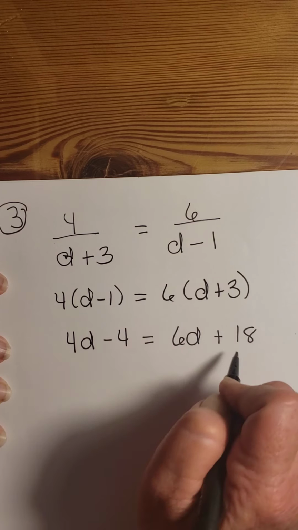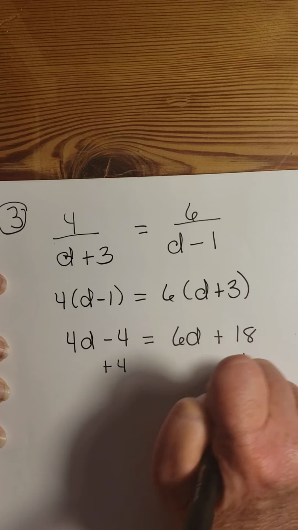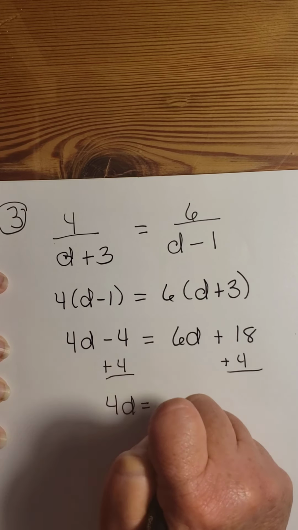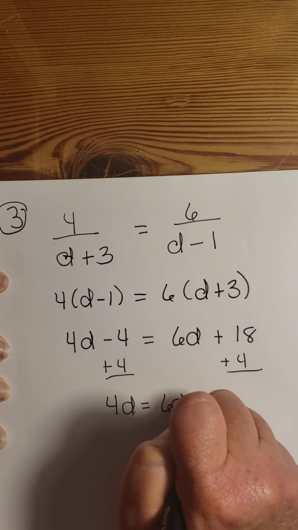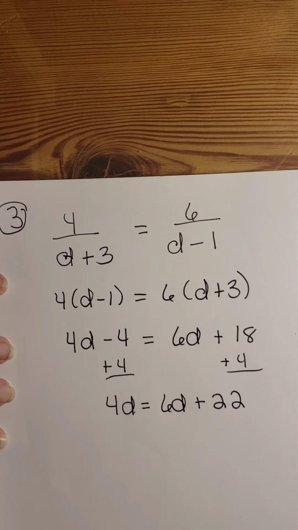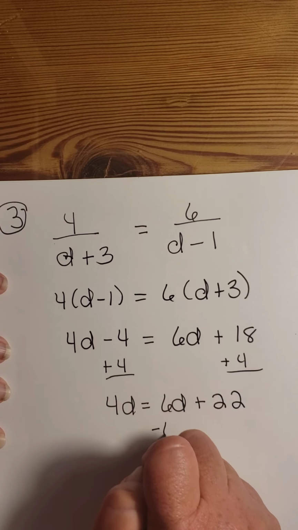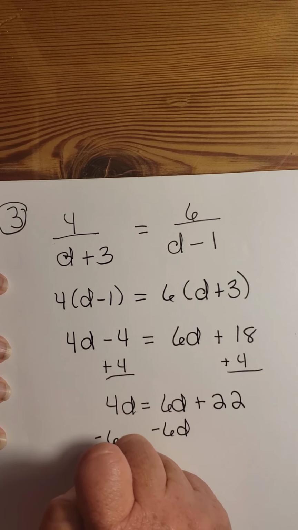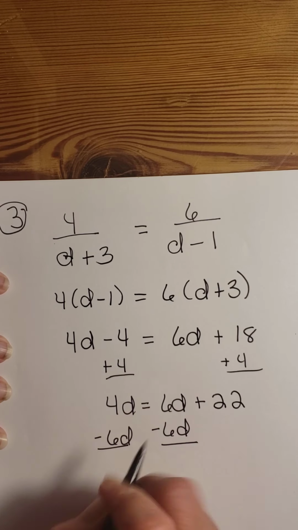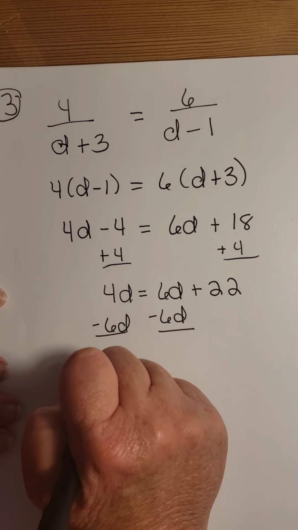And again, I'm going to move the minus 4 first, so I'm going to get plus 4 to both sides so that I get 4d equals 6d plus 22. And now I want to get the 6d over here with the 4d, so I'm going to subtract 6d from both sides. And 4d minus 6d would give me negative 2d